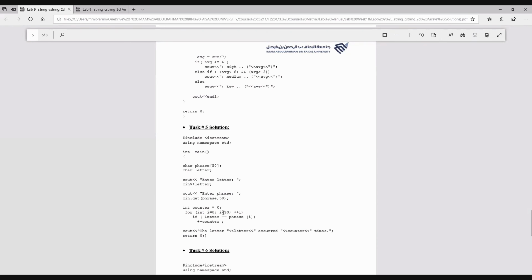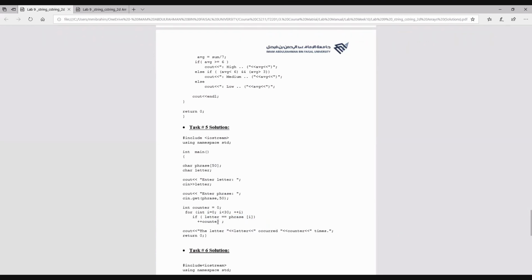For i equals 0, while i is less than 30, assuming that the size of our string is 30. I prefer it to be 50 here. However, it's okay, because we assume the developer did not enter a string of more than 30 characters, but it's supposed to be 50 here. Then we are checking the letter. If the entered letter is equal to any character inside this array,